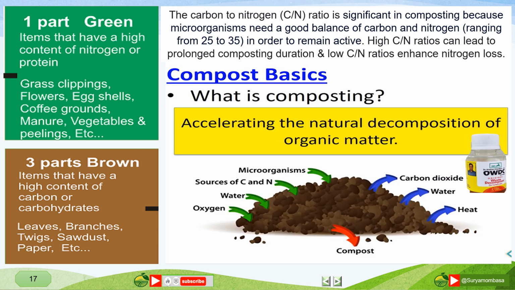Microorganisms feed on the materials added to the compost pile during the composting process. They use carbon and nitrogen to grow and reproduce, water to digest materials, and oxygen to breathe. You can compost at home using food scraps from your kitchen and dry leaves and woody material from your yard.